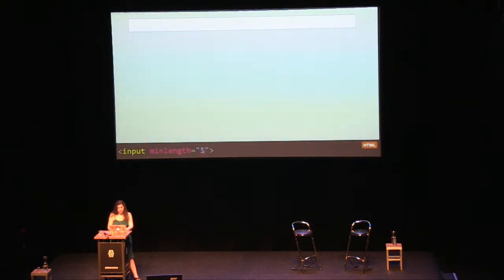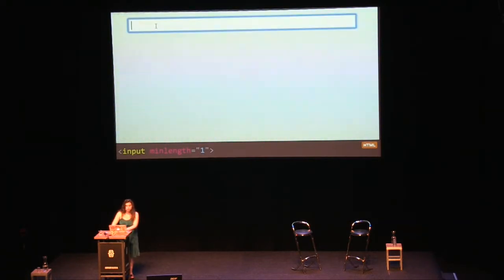One thing about min length is, if I set it to 2 characters, I have to type at least 2 characters. If I only type 1, it's invalid. So you would assume that if I set it to 1, then I would need to type something in the field, right? However, it does not seem to have an invalid state. Min length does not work like that. It doesn't do anything in these cases. All of constraint validation doesn't seem to apply if you haven't typed anything in the field, except that we